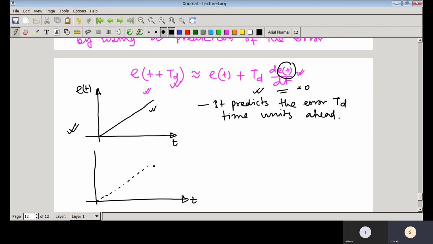That means the proportional one would be equal to this one, that is Kp into t, because suppose you have taken here the slope as 1, so that is Kp t, and the PD